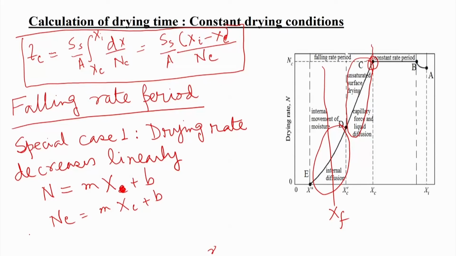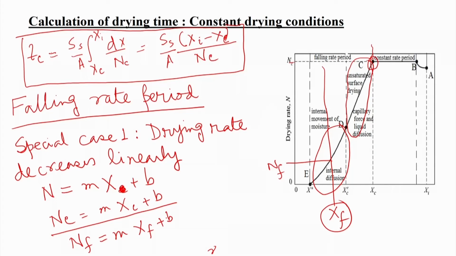So, at constant drying, when the constant drying rate stops and the falling rate starts, we can say N_c = m·X_c + b, and whenever it is X_f, we can say N_f. So in that case, suppose this is N_f and this is N_c. In that case it will be equal to m·X_f + b,